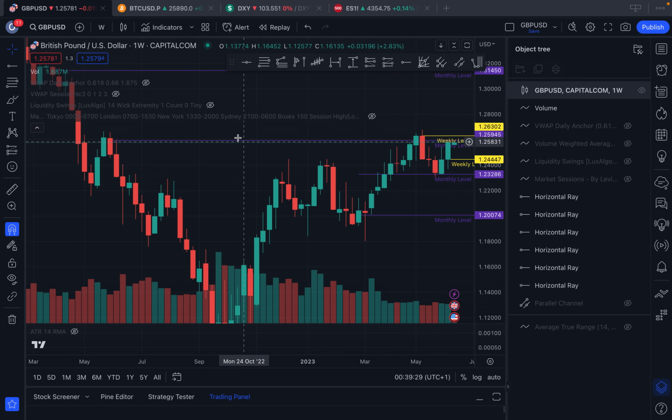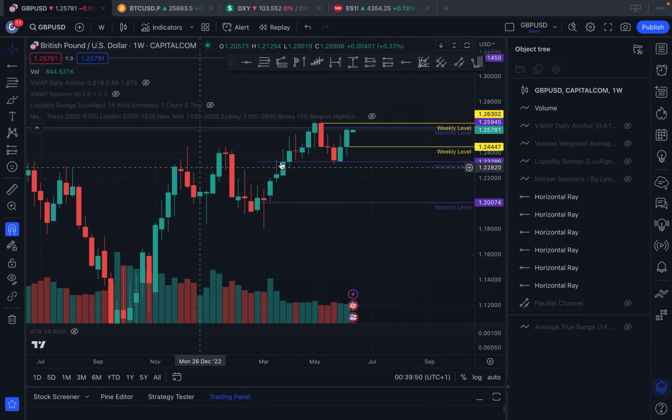You can see this weekly here is just above. So we've tapped it here. So it's a nice resistance level, to be honest. This weekly is coming up to quite a confidence because we've got a monthly and then we've got a weekly here. And then we've got these taps as well that we've tapped into it, but we've always rejected it. So it's a high time frame sort of resistance level